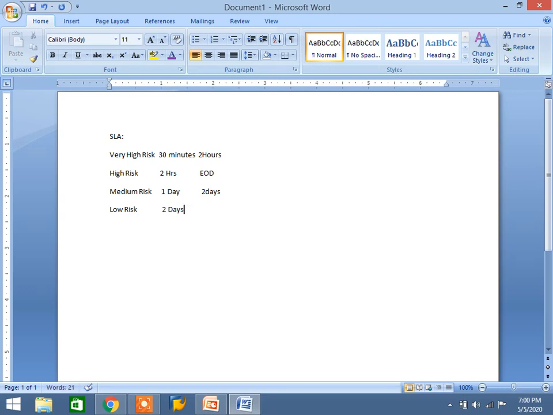2 to 5 days you need to respond. You can do it by 30 days or 15 days based on company. Based on SLA, this is called service level agreement. Maybe it will change. This is the service level agreement. Based on the service level agreement we need to do. How these tickets will come to your ticketing tool.